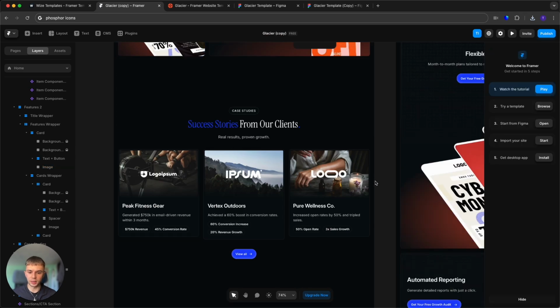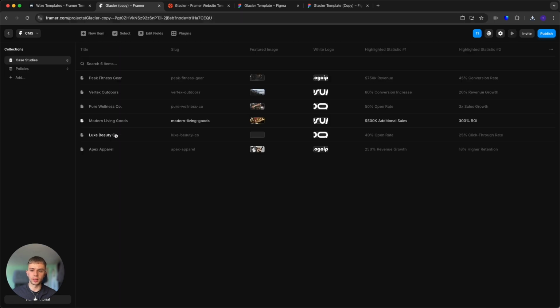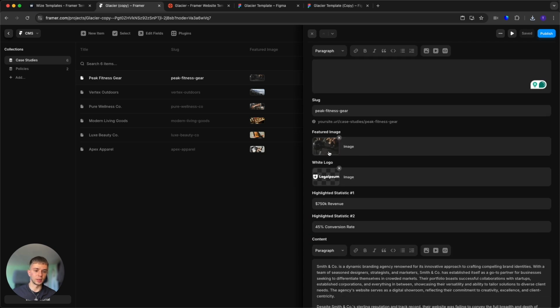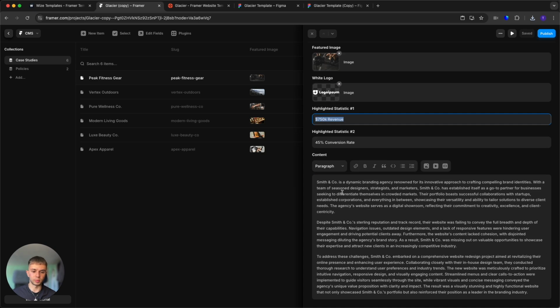Next up, we have case studies, and case studies are actually managed through the CMS. So we can open the CMS menu right here, and then you will see we have the case studies collection. We have 6 case studies that are by default in the template. So you can simply click them and change the title, the short description, the images, the logos, the highlight statistics,